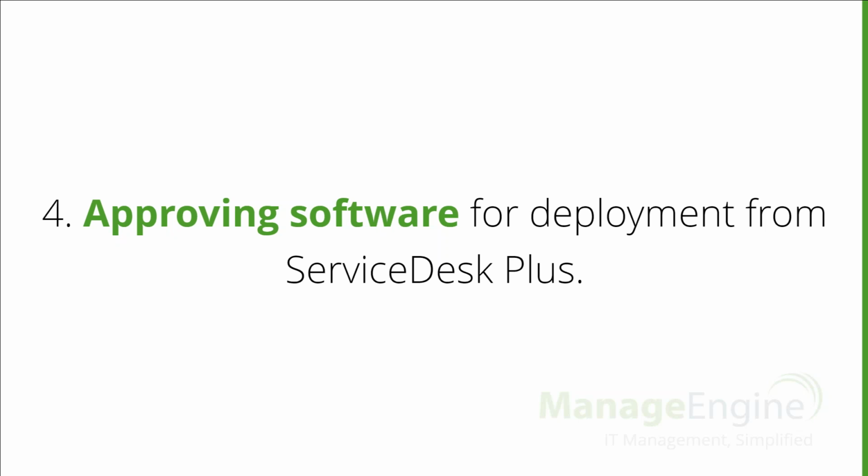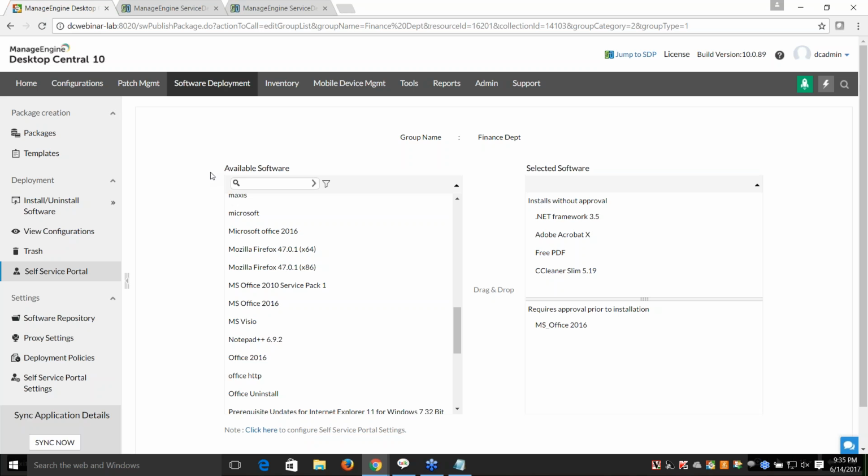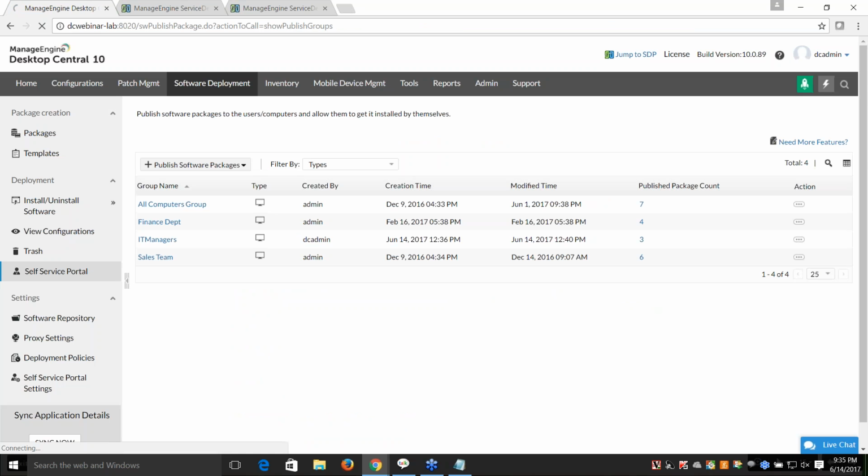I want to publish a commercial application, for example MS Office 2016, only to those who need it. I can publish to anyone, but they have to send a request to me as an IT administrator, and I will either deny or approve it. So I take control of approving those applications to be installed on their machines. With the help of the self-service portal and the integration between Desktop Central and ServiceDesk Plus, I can achieve this requirement. The same way, I go to the Desktop Central product, click on self-service portal and publish software packages,